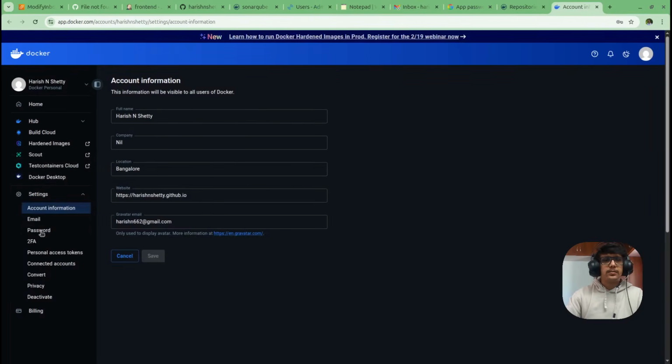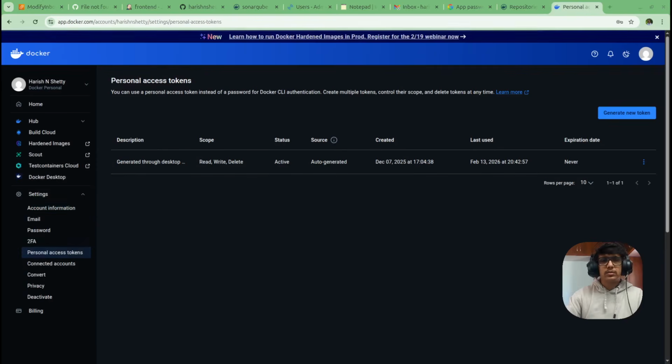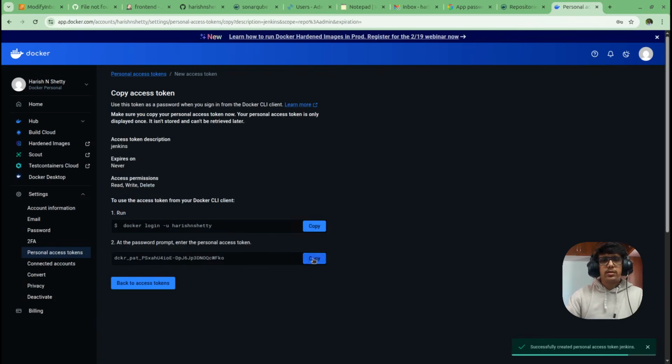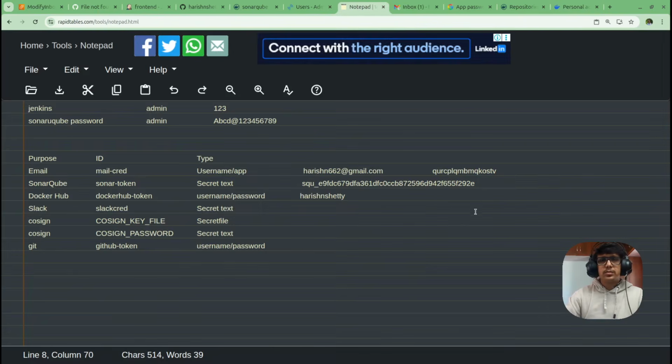And here, click on personal access token. Generate new token and give the name as Jenkins. And the access permission is read, write, and delete. Generate. Copy the token and